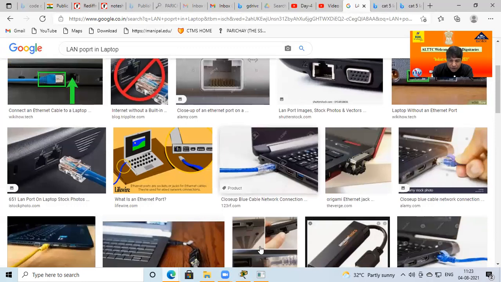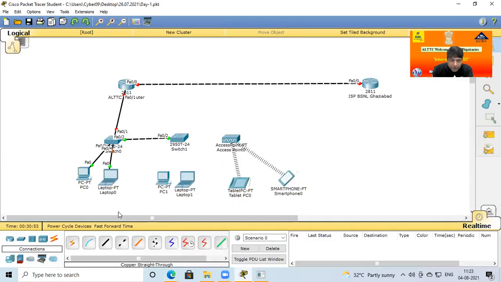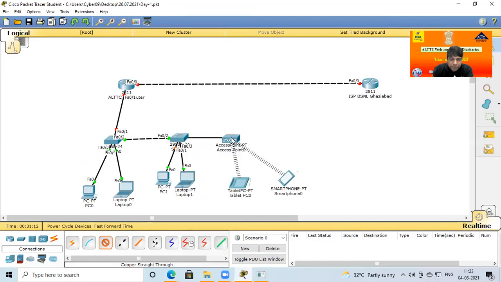Okay. So now again here, this is a FastEthernet port, FA0, with the same connectivity. Connect the switch at any location, you can use 0/3 for the laptop. From this switch to this Wi-Fi, use the straight cable at 0/4. So now these are the connections across the whole campus.